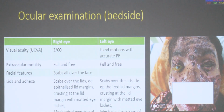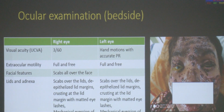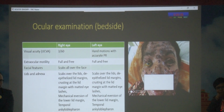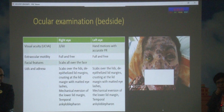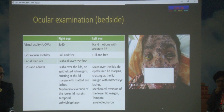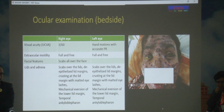These are the ocular findings. Her visual acuity in the right eye was 3/60, and in the left eye it was hand motions with accurate projection of rays. The extraocular motilities were full and free. There were scabs all over the face. On examination of lids and adnexa, there were scabs over the lids. The lid margins were deepithelialized. There was crusting at the lid margin with matting of eyelashes, and there was mechanical eversion of the lower lid